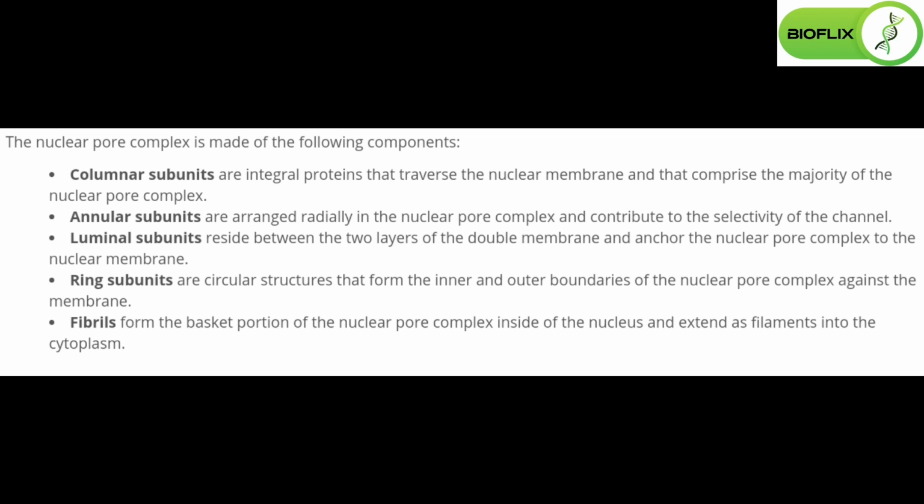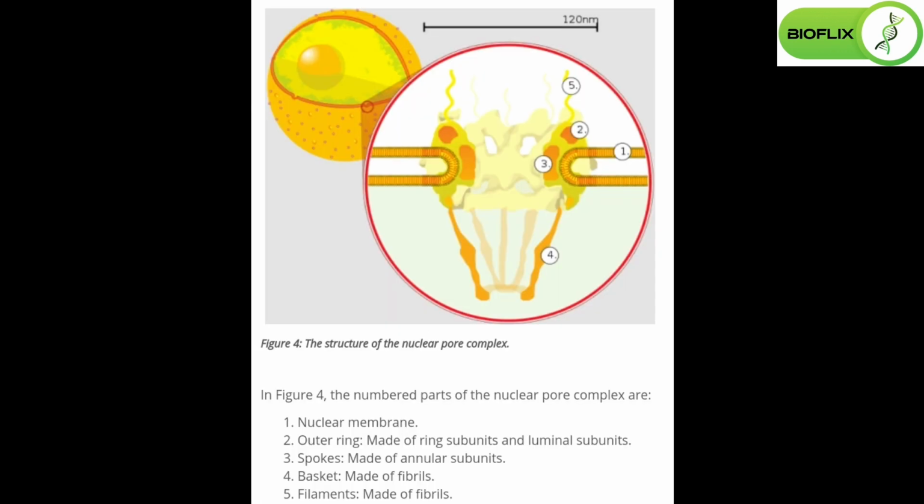membrane. Ring subunits are circular structures that form the inner and outer boundaries of the nuclear pore complex against the membrane. Fibrils form the basket portion of the nuclear pore complex inside of the nucleus and extend as filaments into the cytoplasm. Numbered parts of the nuclear pore complex are: nuclear membrane, outer ring, made of ring subunits and luminal